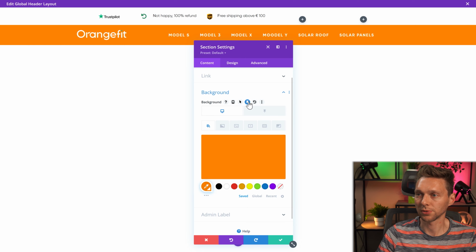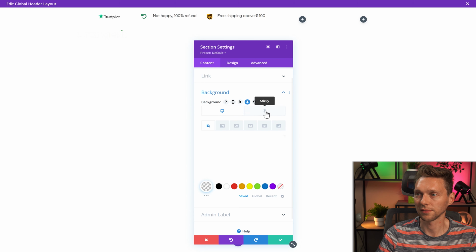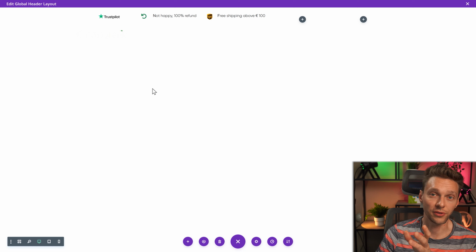Now you have the other option, sticky. So when it's sticky, it's orange, and normally it is transparent, like this. On sticky, it is orange, and on desktop, when it's not sticky, it is just transparent. It's actually pretty nice. Press save. Now let's see how this looks on the front end.